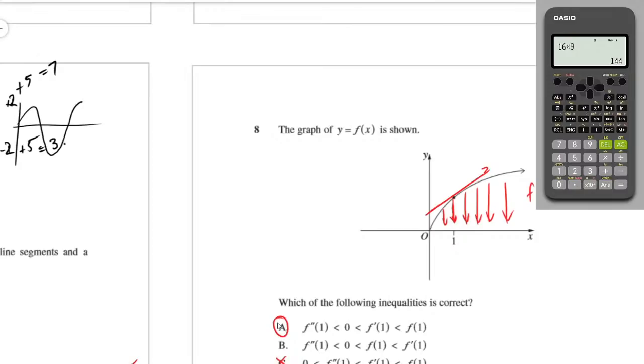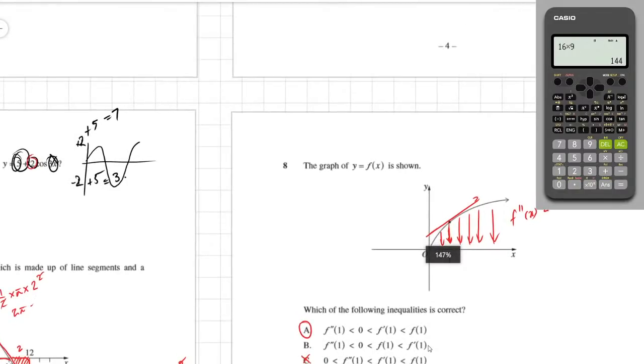Now, this one here, I put A and that was correct. But again, I'm just not 100% sure about this last bit here because I suspect that if you draw your gradient along here, like that's quite a low point down here, but the tangent's quite steep. So, I'm not too sure when this would swap around. Anyway,